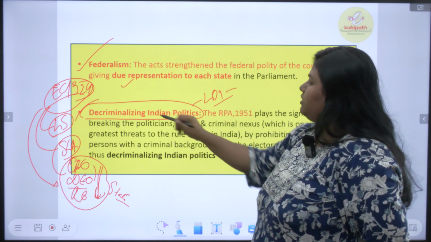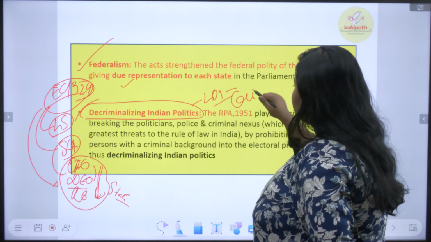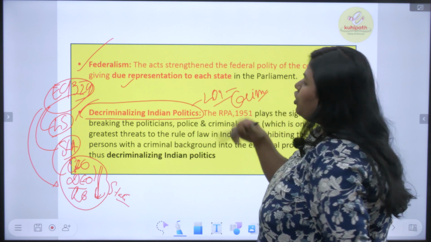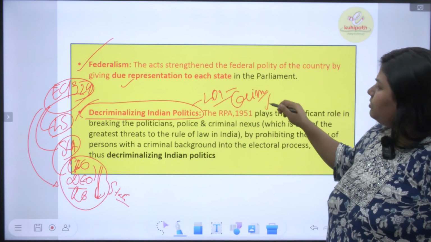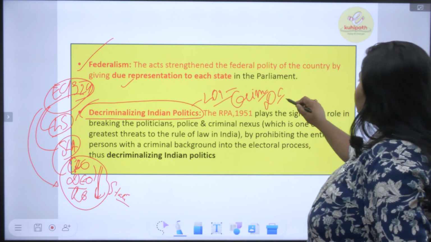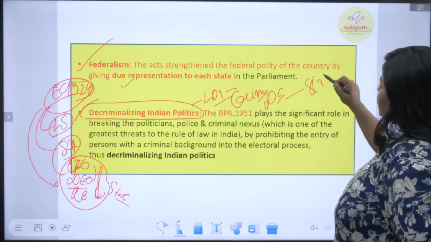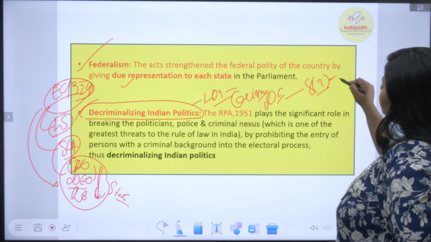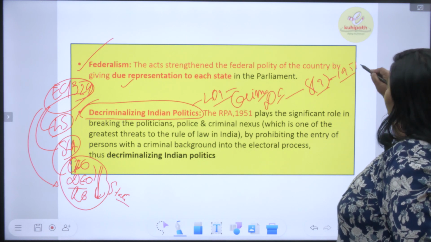And we have talked about criminalization of politics. So we will have to decriminalize it, isn't it? So we talked about Section 8 subsection 3 of the Representation of Peoples Act 1951, which the bail provision we had declared